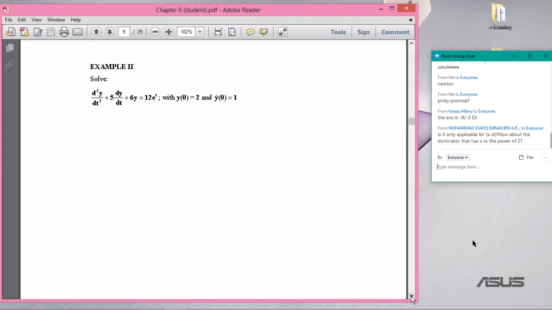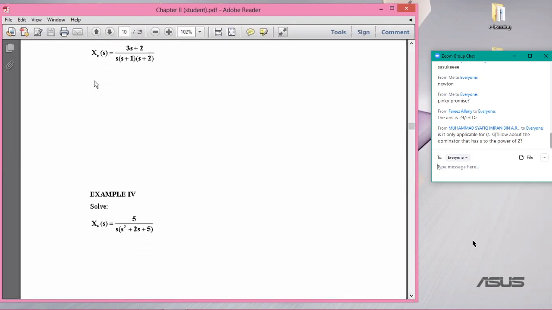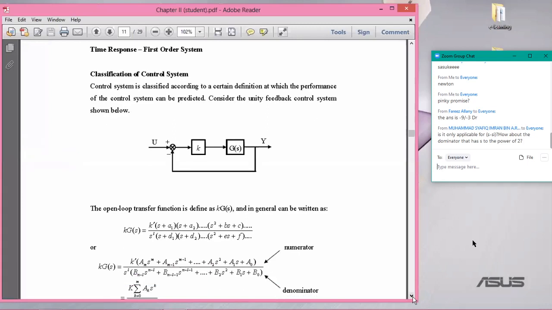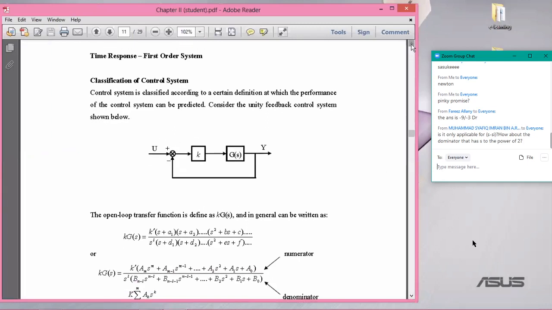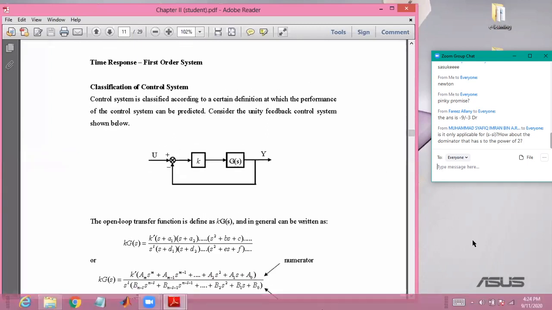remainder theorem. See, this is a second order. In this case, you cannot factor this out because the roots are complex. So I've given you the solution for that. We'll come back to this when we discuss a second order equation. All right. So knowing how to solve differential equation, how to get the response of a transfer function,